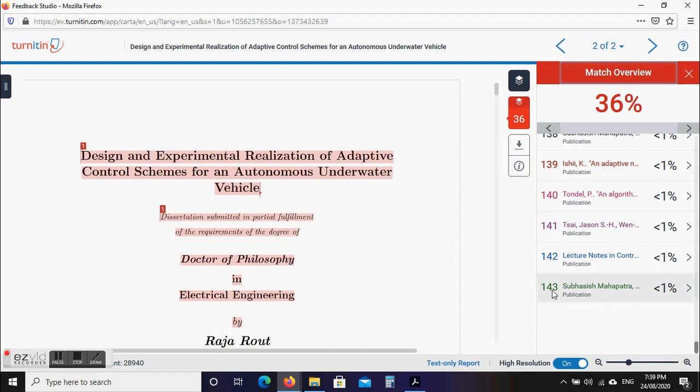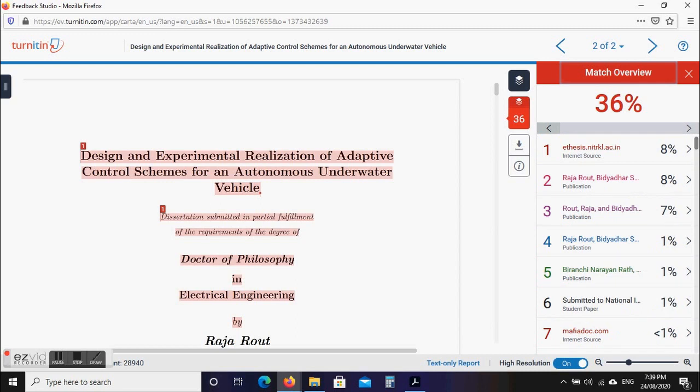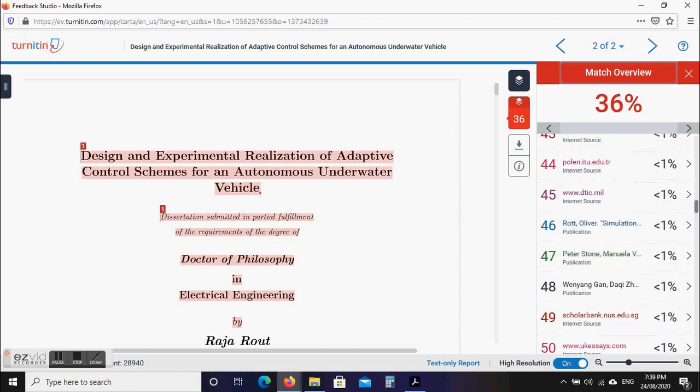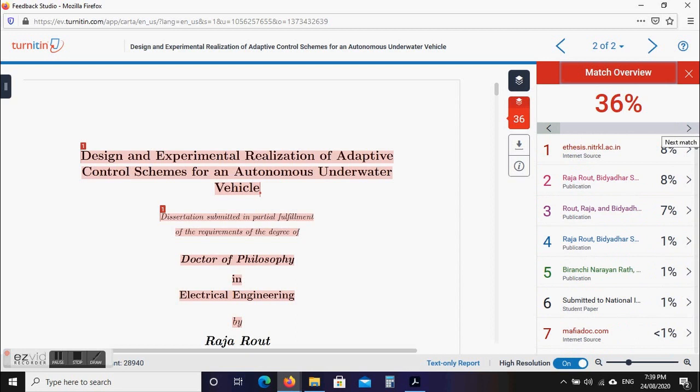Now I will look at all the matching resources. You can see this contains almost 28,940 words, but the total matching sites are 143.